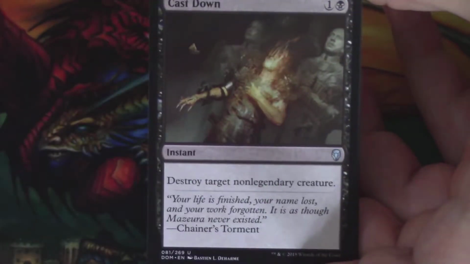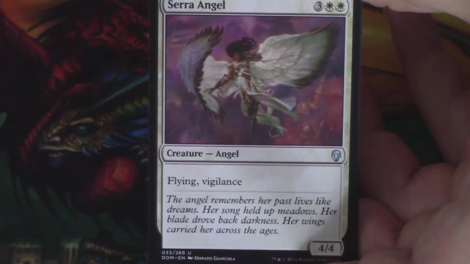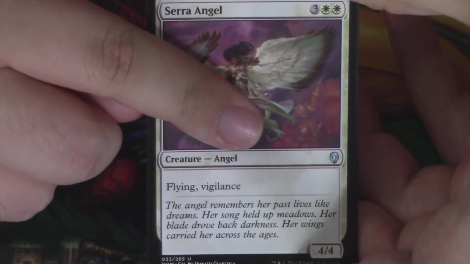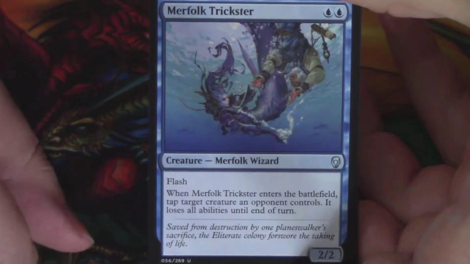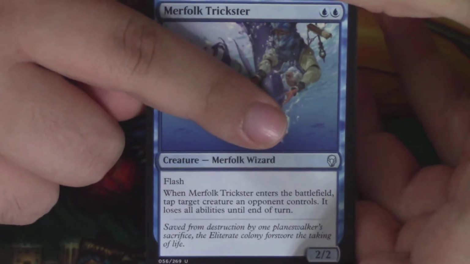We have a Cast Down, very nice removal spell, and it's our first uncommon. A Serra Angel, classic card, love the new art, just a great card all around. And a Merfolk Trickster, which means that our rare is a legend, because usually that would be our legend slot, I believe. So our rare or mythic legend is...